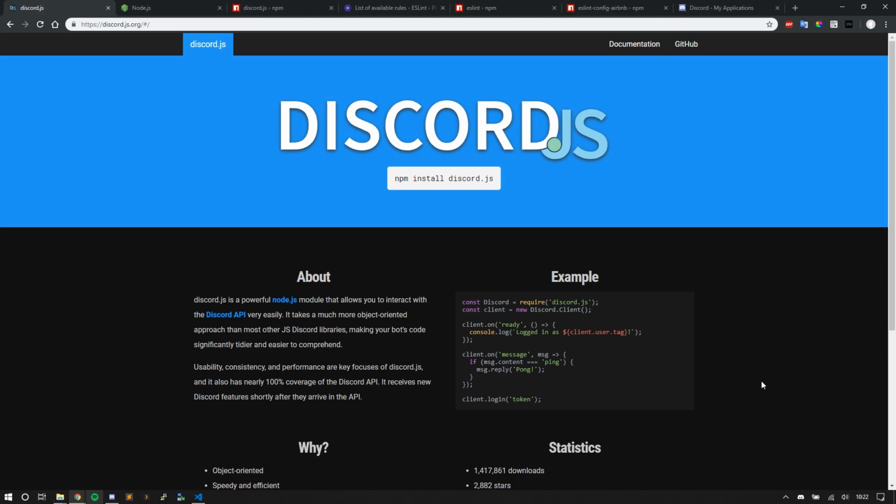But the reason why I want to start a bot series is because I see a lot of people starting out with Discord.js and bot development. Sometimes they know JavaScript, other times they don't. But what I'm seeing is that people aren't doing the correct things, looking at things from the correct way, not being told the right things.